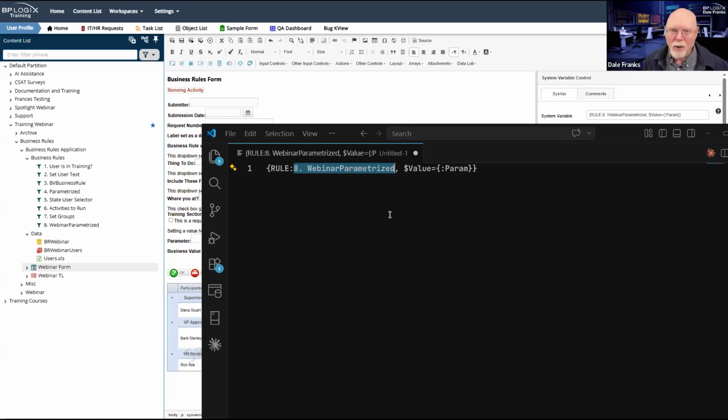We need to create a new object of this type with this name. When we create the object, it'll get a GUID, so now we can uniquely identify that object. If it's a related object, say we're looking for something in the business rules folder at the root of our partition, it's going to look in that folder for the objects it contains and try to match the name. Once it matches the name, it can then pull the GUID.